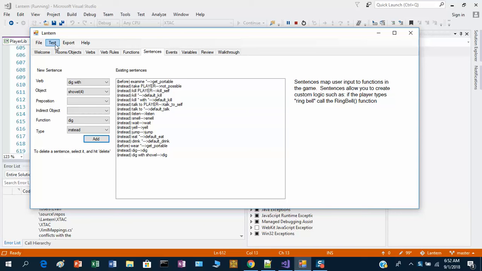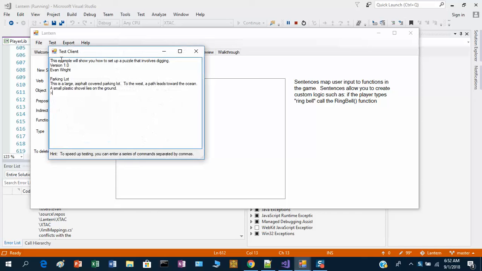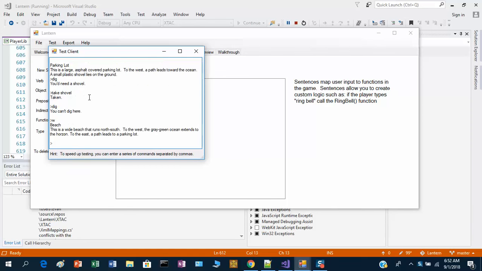Let's launch our player here and let's try to dig, and it says you'd need a shovel. But there is a shovel, so let's take the shovel, and now let's try to dig. It says, we can't dig here, right? So remember, we've got all these layers on our code that check: do we have the shovel? Are we in the right place? Have we already found what we're looking for? So let's go to the west here,